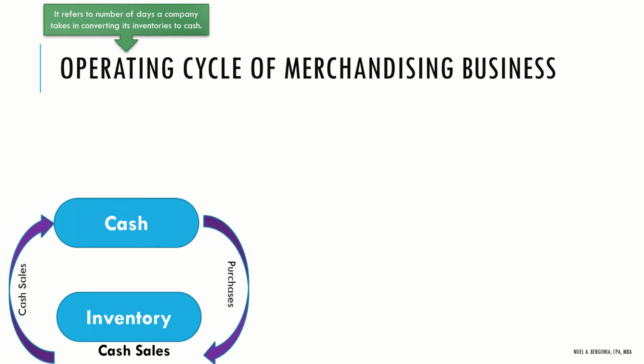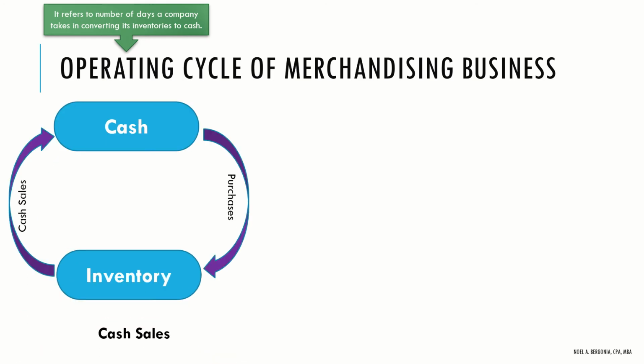If you have sales for cash, meaning nagbebenta ka and then binabayaran agad ni customer yung amount ng binili niya, our operating cycle will start from the cash, and then it will be used to purchase the inventory. Inventory is the terminology used for the products that we have bought and yun yung ibebenta natin sa merchandising natin na business. Then we will sell it for cash. So it becomes cash now. That's the process of having cash sales.